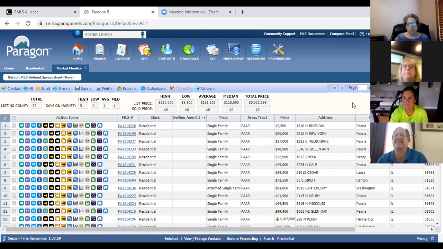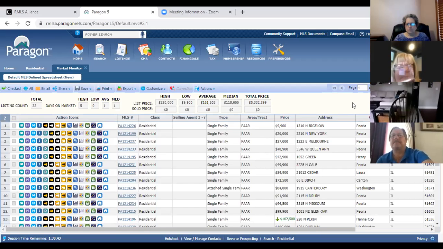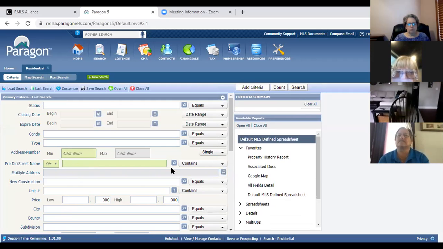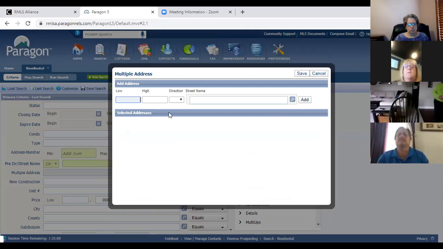So I'm going to write some down here real quick. 1223 East Melbourne. 228 North Gale. Okay, so we'll do a real life type scenario here, except these are going to be fakes, and no buyer would pick all three of these. But I'm going to say I want 12,